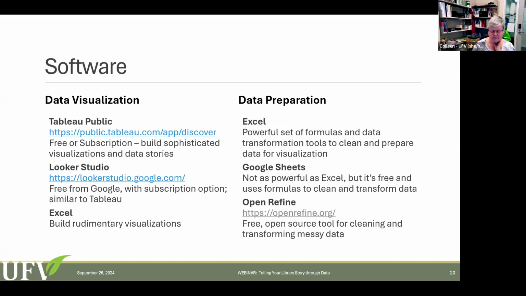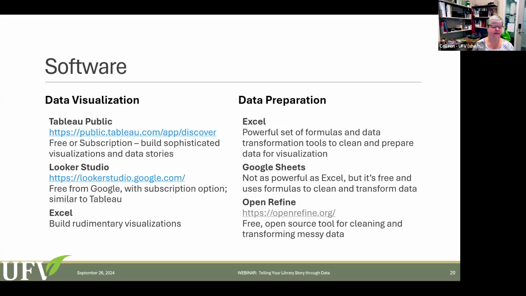Software. Earlier, I showed you some examples of some visualizations, some different ways of presenting data. And there are two very robust software packages available out there.